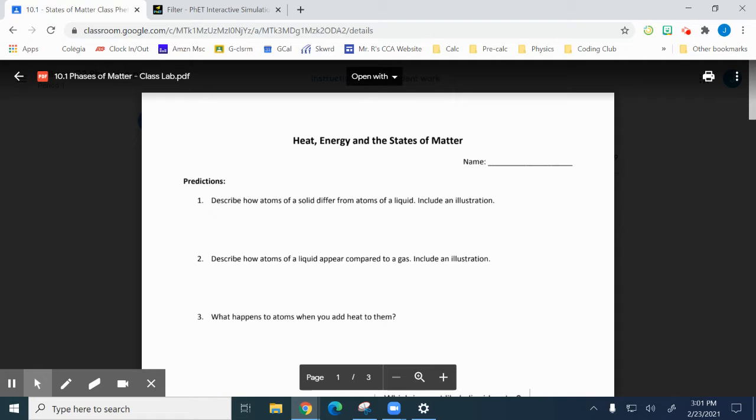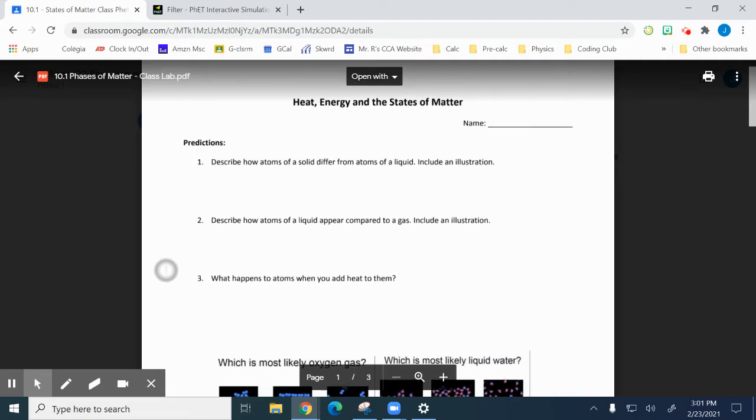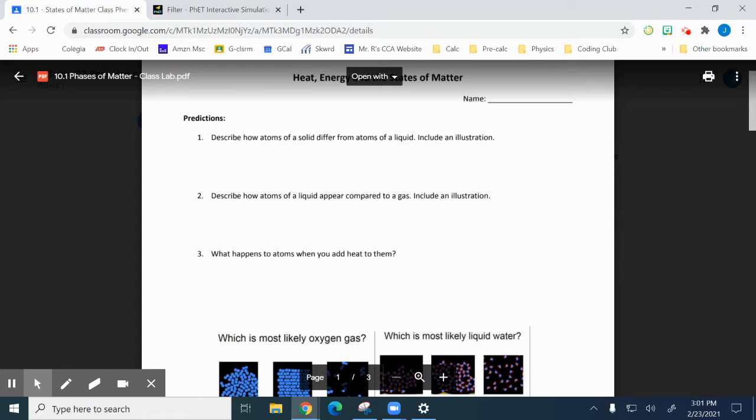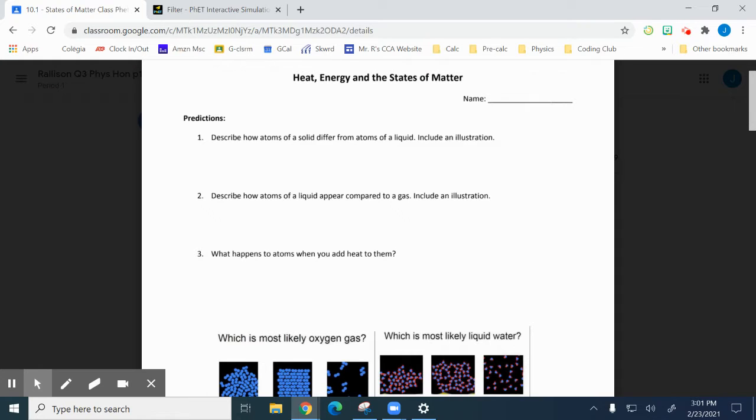It starts out with some questions for you. It says, describe how atoms of a solid differ from atoms of a liquid. I'm just going to walk you through it. I'm not going to go slowly and give hints because I have a lot to do. So atoms of a solid are